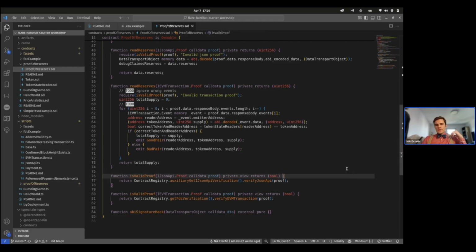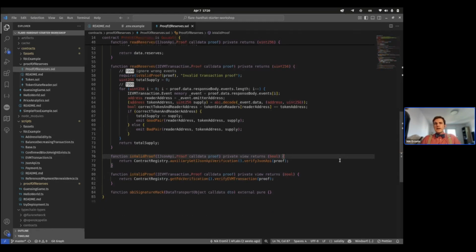So how do we actually validate the proof? We have what we do in both cases. Please do not get confused by this auxiliary get IJSON API verification function, because we are doing virtually the same thing. The only difference is that the JSON API is still in development, so the official contract doesn't yet have the appropriate function to call, and so we are adding the auxiliary get IJSON API verification